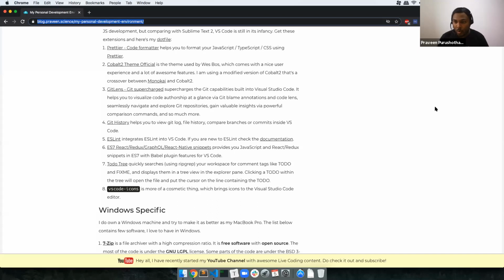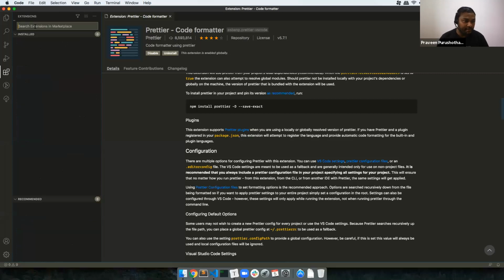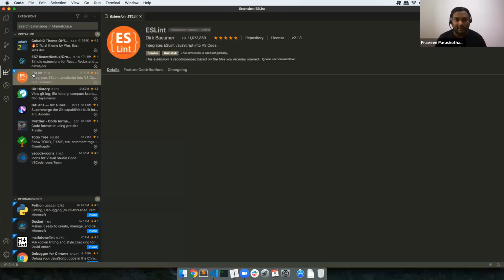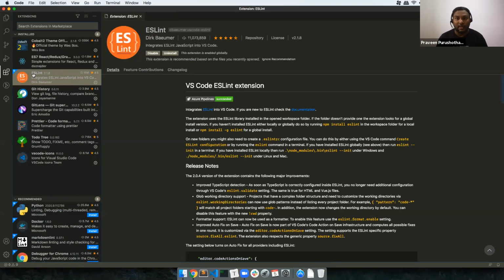Those two extensions will be very helpful functionality-wise. Everything else is just a utility. So, Prettier and ESLint. ESLint is mainly for JavaScript. It will lint the JavaScript code we are using and make sure Prettier works smoothly and seamlessly in JavaScript.